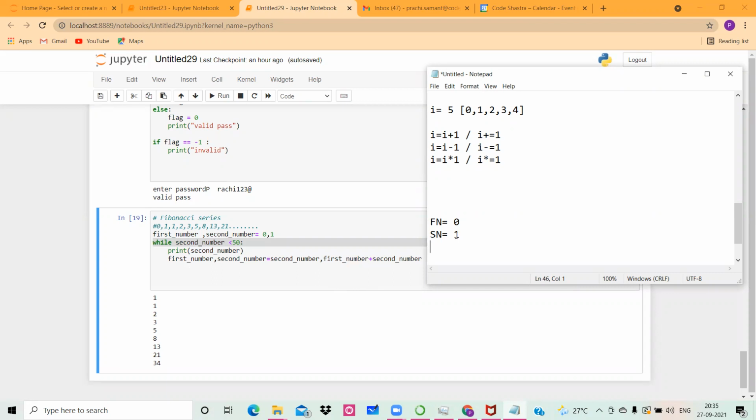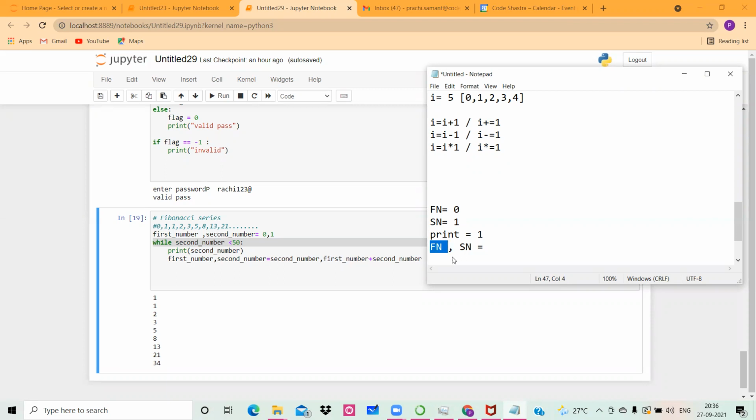So obviously the value of second number is 1. 1 is less than 50. So while का criteria is true, so we will move inside the loop. Loop says that first print the second number. So as it is saying us to first print the second number, so print क्या करेगा? Print 1 print करेगा because second number is 1. Then what is happening? उसके बाद आपका first number and second number थोड़ा सा change हो रहा है. How it is changing? Whichever was your second number, that is becoming the first number now, because we have written first number comma second number is equal to second comma first plus second.